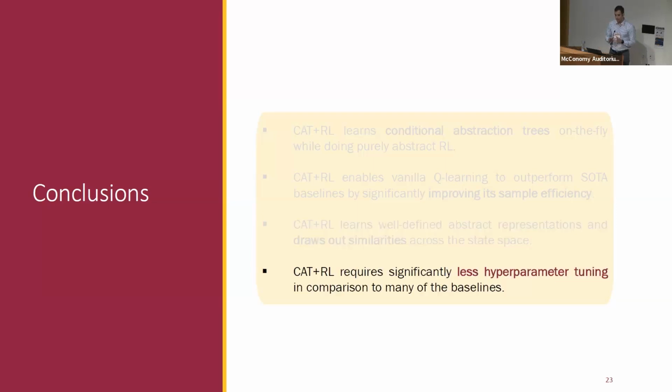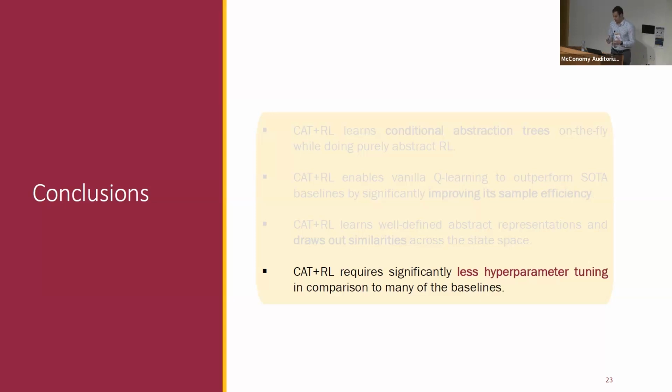Last but not least, we know that running reinforcement learning algorithms can sometimes be a taxing job because of tuning the hyperparameters, especially for deep reinforcement learning algorithms, but that is not the case for CAT-RL. First of all, CAT-RL has few hyperparameters, and second of all, the performance of CAT-RL is not too sensitive to the values of these hyperparameters. As long as those values are not set to drastically large or drastically small values within their ranges,